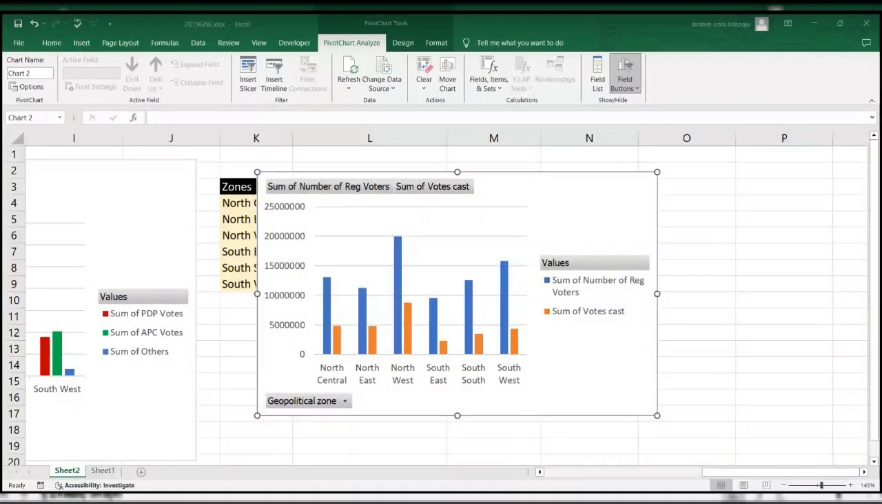Good evening, sir. Good evening. So, of my own understanding of this chart now, I can see two different things. The first one is the number of people that registered, and the second one is showing the relationship of